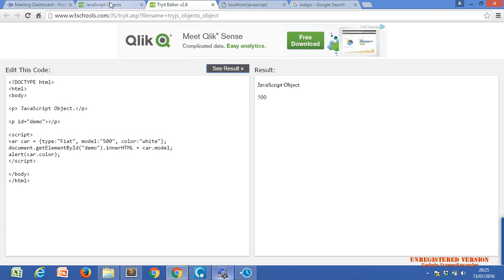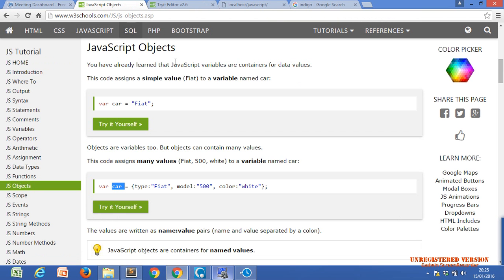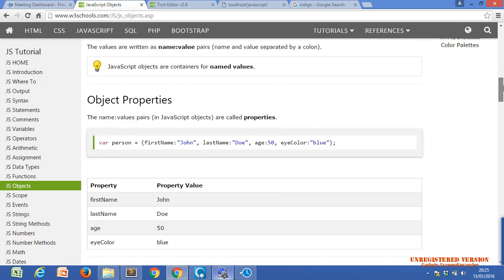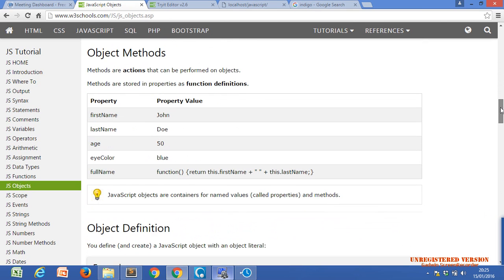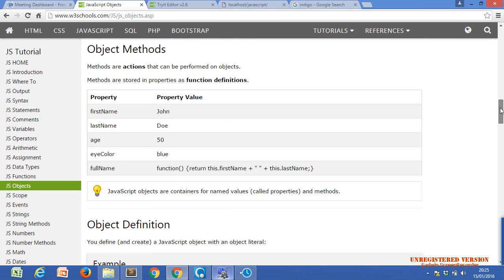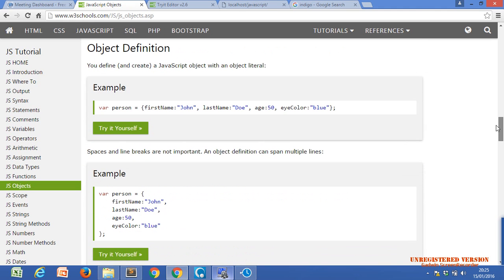It can store multiple key and value combinations. Now this is one example. Next: object properties, object methods, object definition. You define a JavaScript object using an object literal.